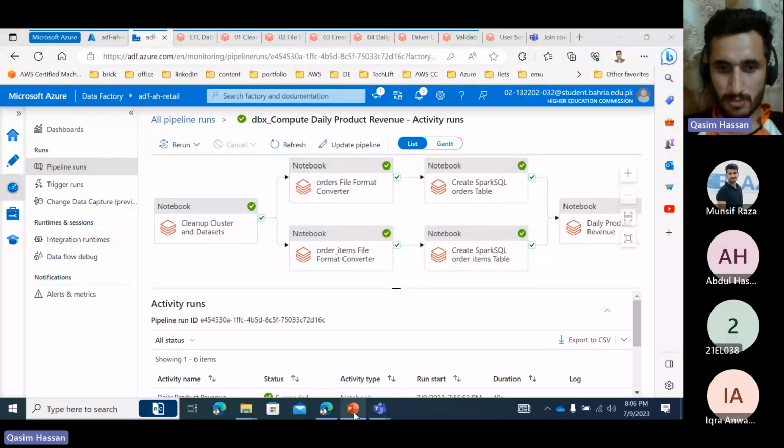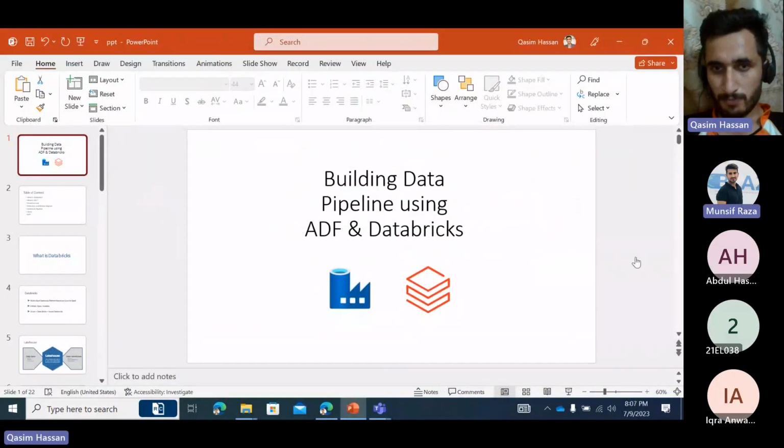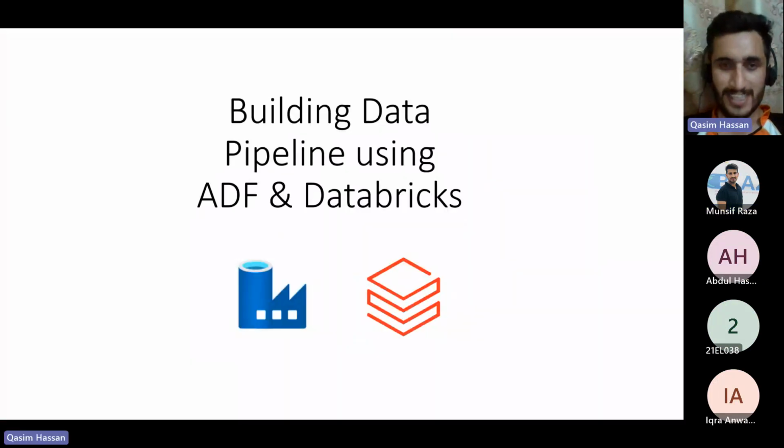Are you guys able to see my screen? Yes, it is visible. Okay, perfect. Okay,